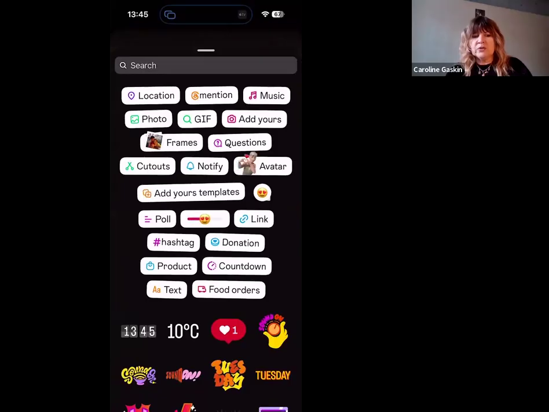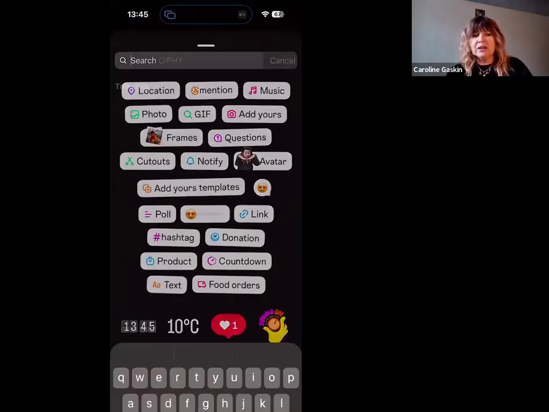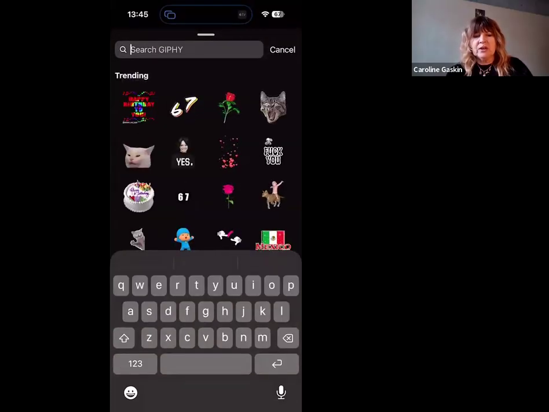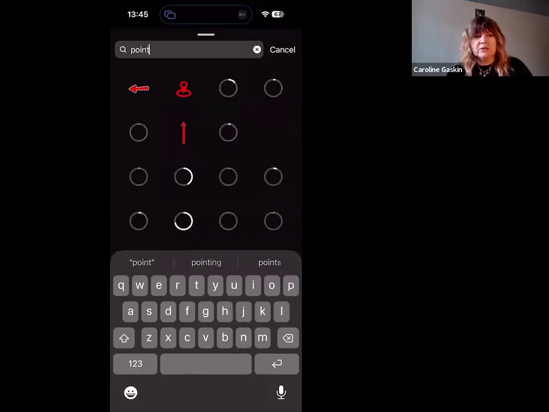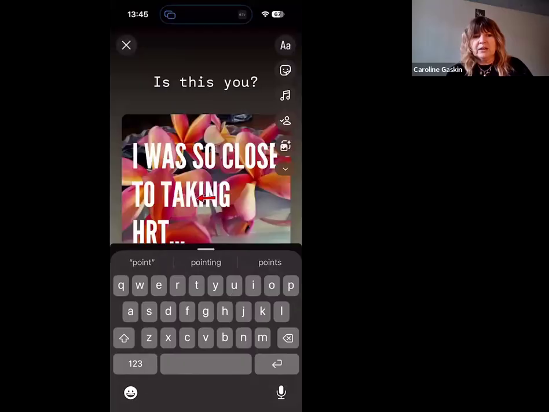There's all sorts of options here, so experiment with them. But one of the ones I use most, you can see, and these increase all the time, they change. We could put a GIF in. So, "Is this you?" Let me just put in the word point. Yeah. So we could have this